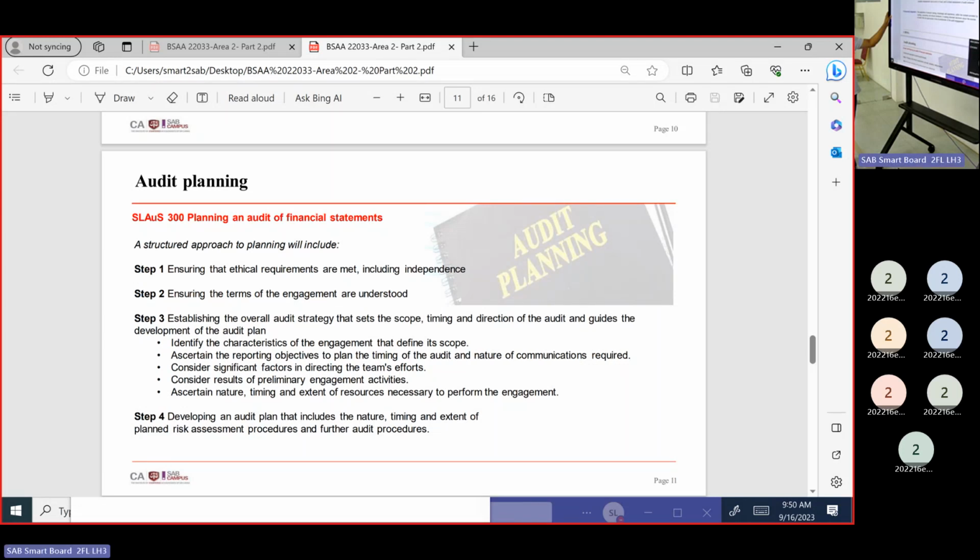Right. We are going to prepare an audit plan. So then we should have the basic understanding of the process we came through, right? Accepting the audit client, the engagement letter, and the audit team are all fixed. Now we are doing an audit plan, right? These are the basic steps. You can read these and understand what they are. Step 1, step 2, step 3, step 4.